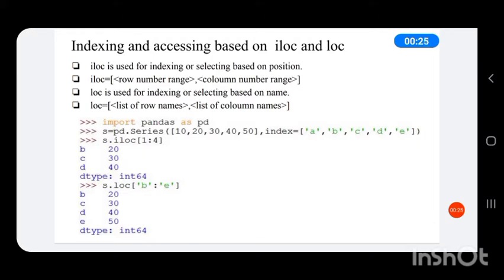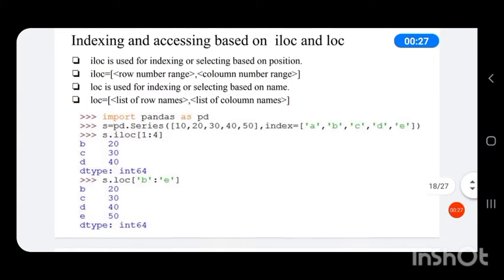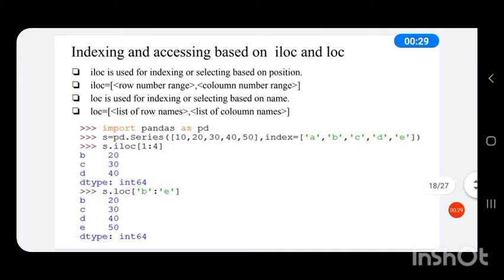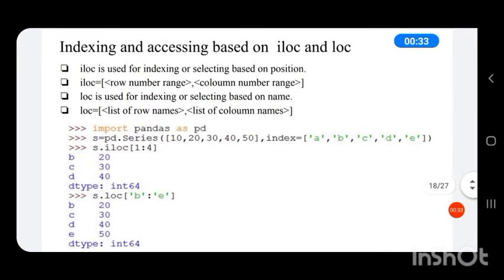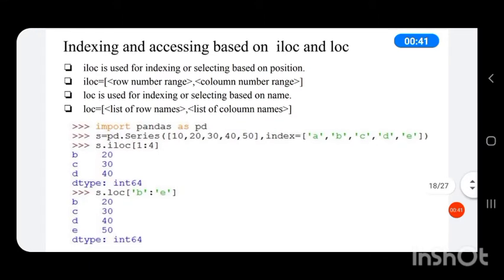That is, each data in a series has an index value, but here you can see index equal to ABC. It is the name we have given for each index. So we have given names for index 0 as A, index 1 as B, index 2 as C, index 3 as D and index 4 as E.